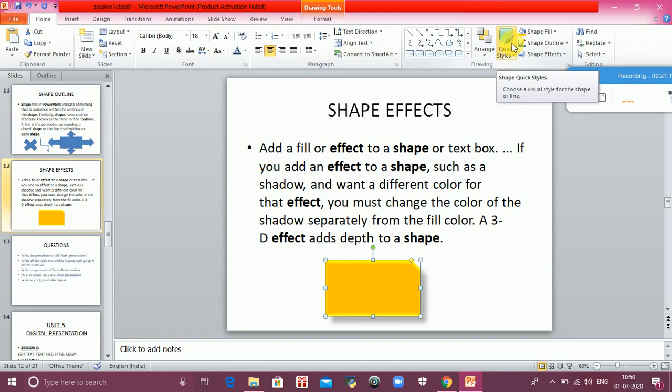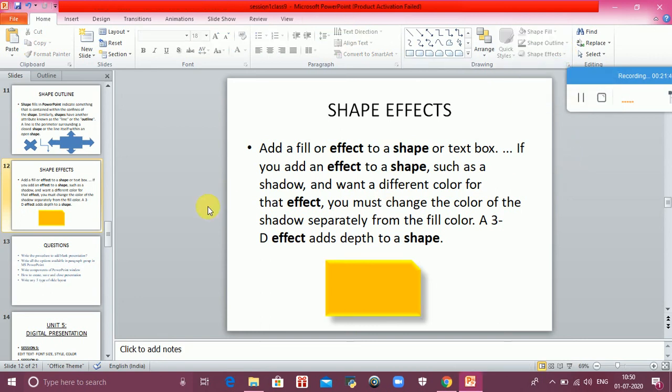It is used to fill the color, texture, gradient, picture. Shape outline, it is used to outline the shape. We can outline the shape with any color or any type of line or arrow. Next one is shape effect. It applies a visual effect to the selected shape such as shadow, glow, reflection or 3D. This is all about this session.